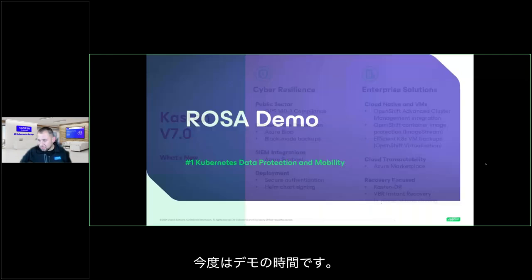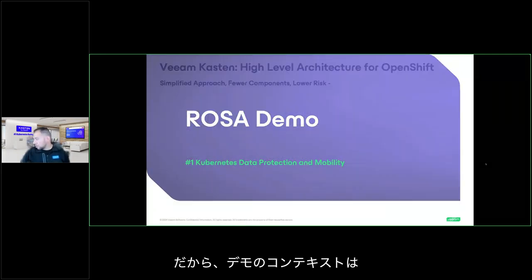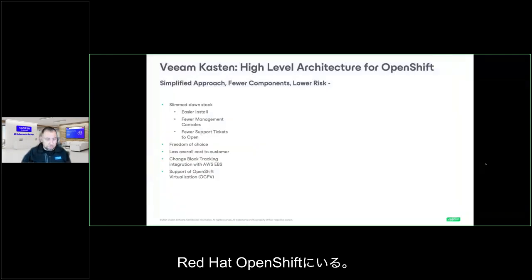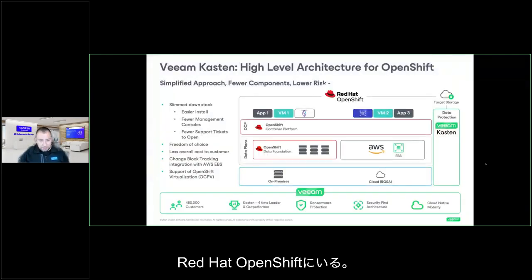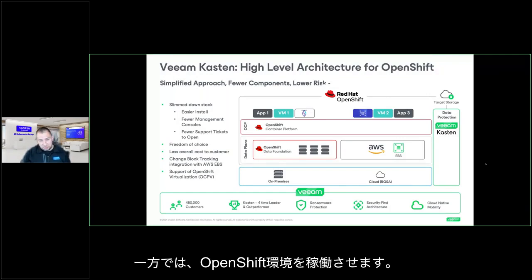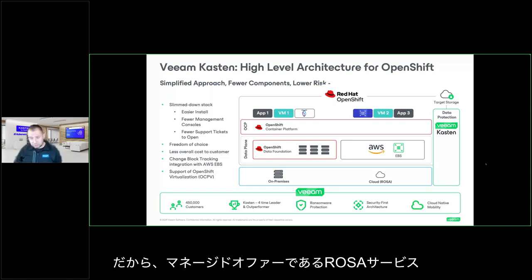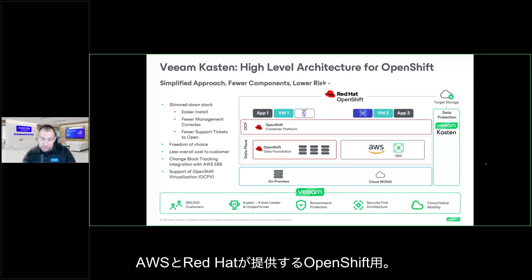Now it's time for the demo. The context for the demo is going to be on Red Hat OpenShift. I'm going to use two different environments with Red Hat OpenShift. On one side, I will get an OpenShift environment running on Azure, and on the other side, I'm going to use Red Hat OpenShift on AWS, so the ROSA service, which is the managed offering for OpenShift provided by AWS